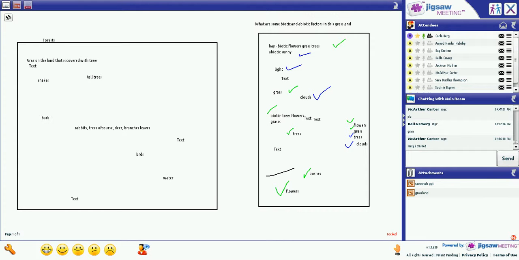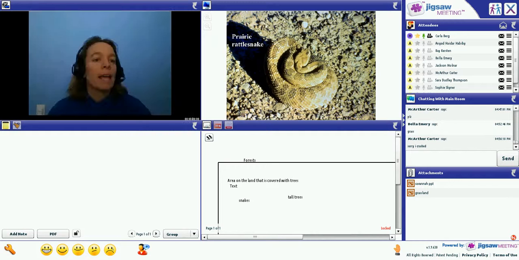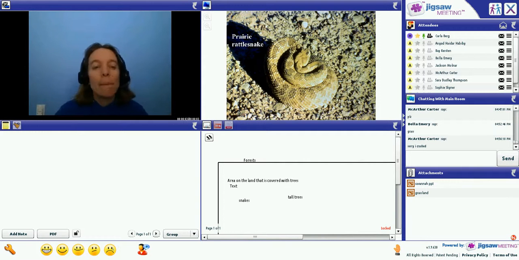So next week we're going to switch from grasslands to forests, and we are going to do a homework assignment very similar to this week, but using a forest. I will go ahead and put a link up there in case you do not have a forest near you that you can go ahead and observe. And you will do the same thing, list some biotic factors, list some abiotic factors, and make some observations about your forest. You can send me a picture of your forest if you want.